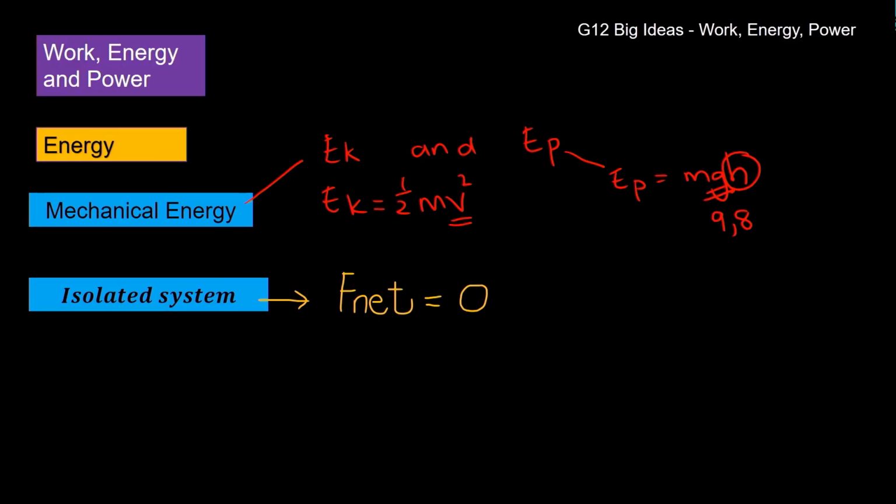When we're dealing with these mechanical energies, so both of them are the mechanical energies, we normally refer to it as an isolated system. In other words, it's only those two energies. We ignore resistance, like air resistance. If we did not ignore it, then part of the energy would be removed from the system and would be